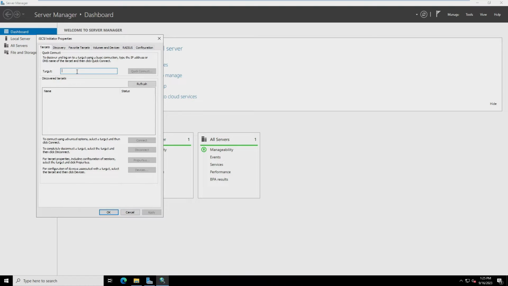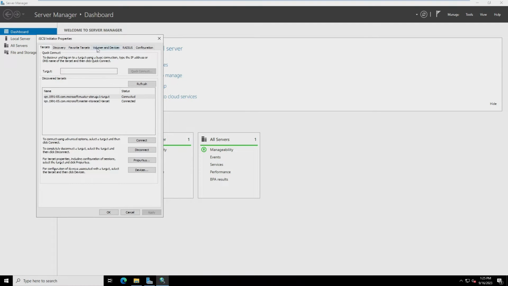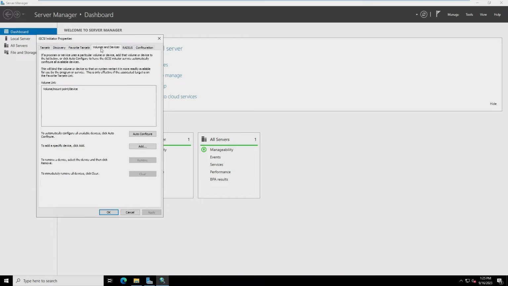Type the IP address of the domain controller, 192.168.60.149. Then click connect, and the second one connect, and done. And go to the volumes and devices and auto configure. Okay, then click OK,